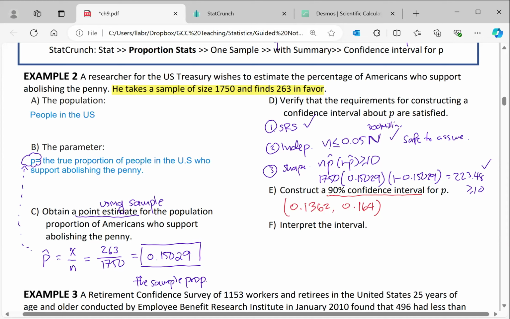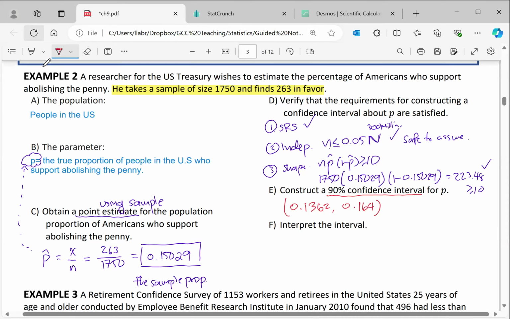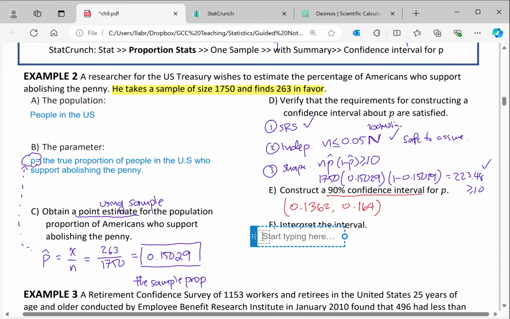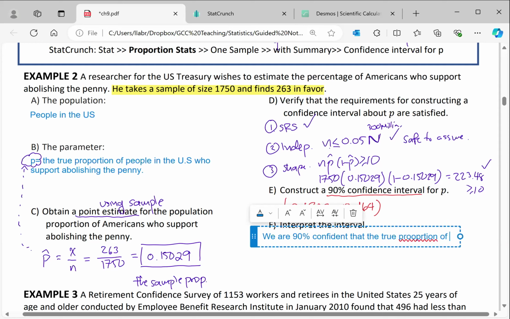All right, and now it says I want to interpret this. So let me actually type this out. Whenever you're asked to interpret this, it's always going to sound the same. You want to start by talking about what level of confidence you use. So we're going to say we are 90% confident that the true proportion of people in the US who support abolishing the penny